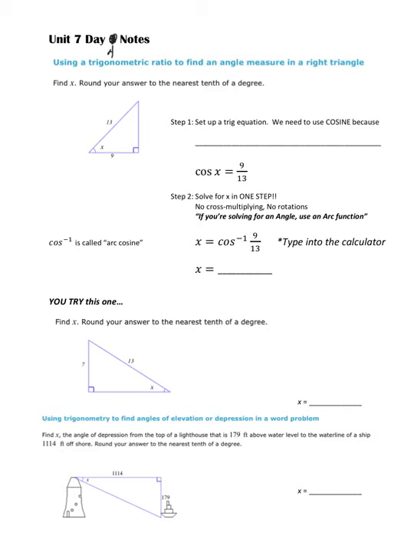Now, why do we need to use cosine? Well, let's write our little hints up here. Sine is opposite over hypotenuse. Cosine is adjacent over hypotenuse. And tangent is opposite over adjacent. We use cosine because, let's look at our triangle, we're finding the measure of angle X. We have the hypotenuse and we have the measurement of the adjacent side. So all we know are A and H. If we know A and H, we're going to use cosine because we know the lengths